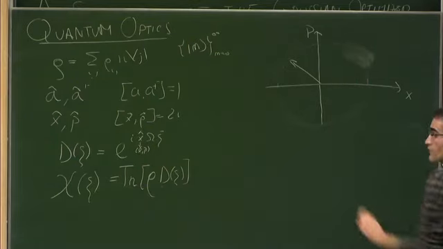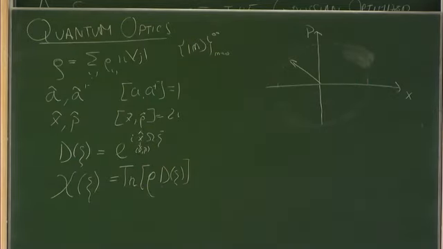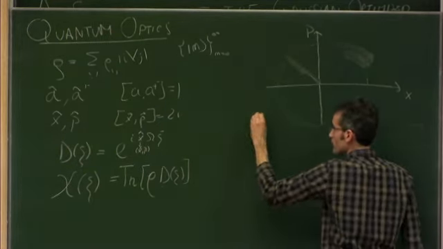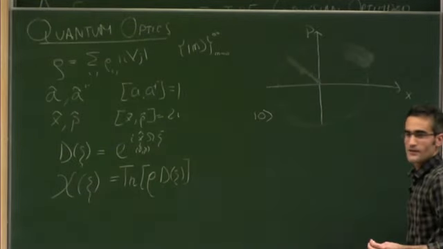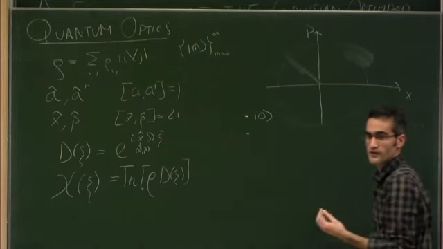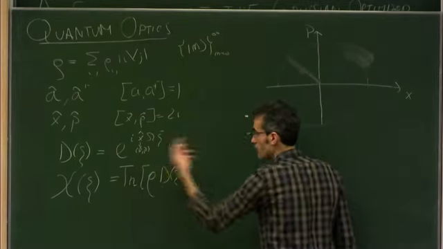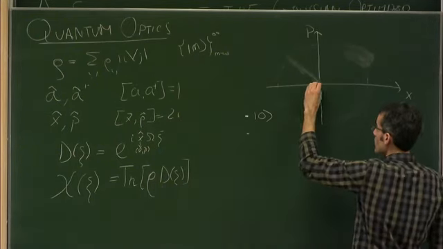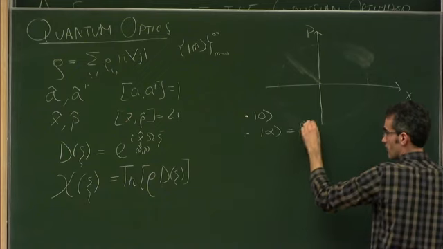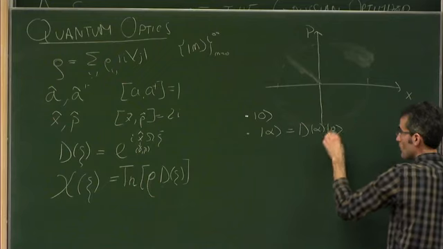So now I'm going to introduce the basic states you have in quantum optics. The first one is a vacuum, okay, so 0 photons. And then you move to the next simplest one, the coherent states. These coherent states are just applying this displacement operator to the vacuum. Okay? And we usually write them like this. So you apply some displacement to the vacuum.